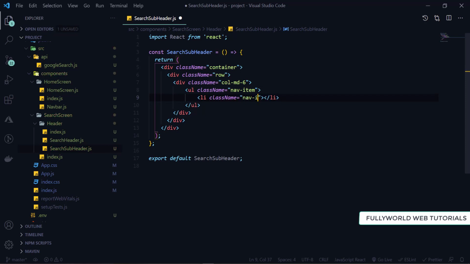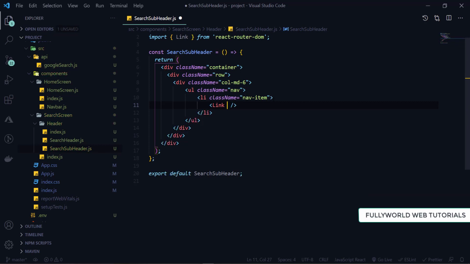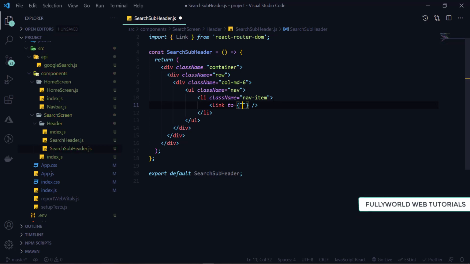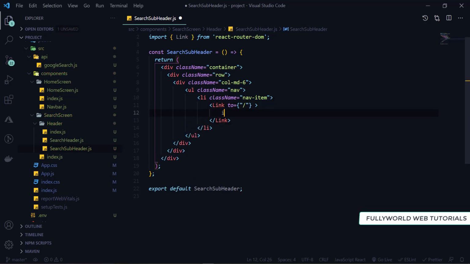Sorry, here will be our nav item, and here will be our nav only, and then below there will be our link. So link, and this link too I'm going to set to slash only, and here we need one I tag, and its class name will be fa.